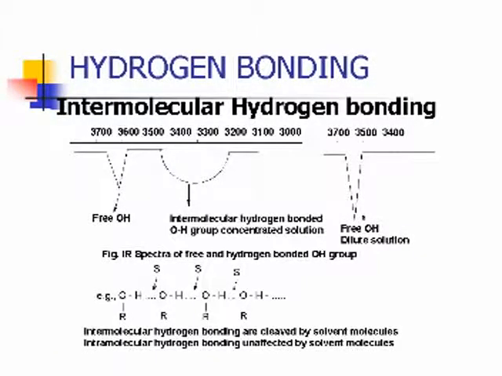If the intermolecular hydrogen bond is strong, the vibrational stretching frequency is lowered. It is an indication of intermolecular hydrogen bonding in this case. Now, intermolecular hydrogen bonding decreases with dilution. Why? Because dilution means the concentration decreases. If the concentration decreases, the solute molecules are cleaved by solvent molecules. The intermolecular hydrogen bonding dissociates into separate OH stretching frequency. Therefore, at very dilute condition, we get only one type of stretching frequency, that is the free OH stretching frequency.